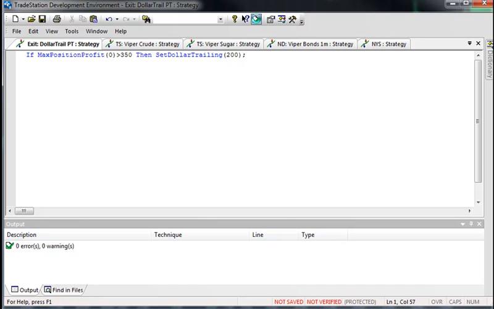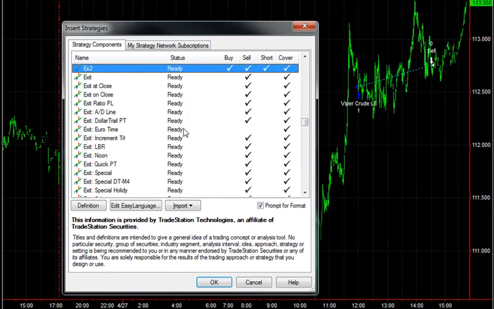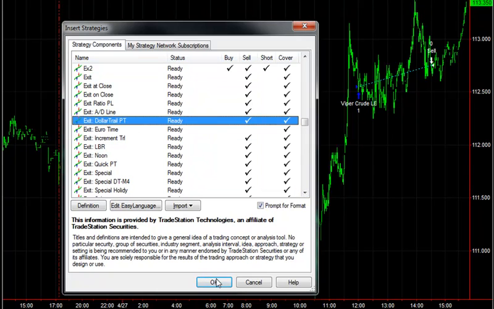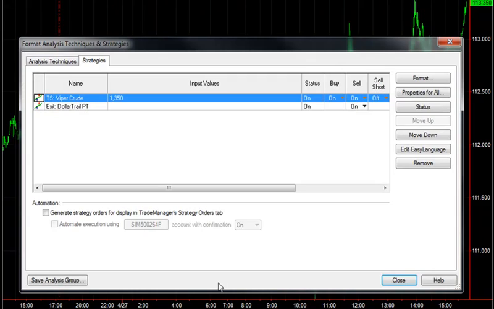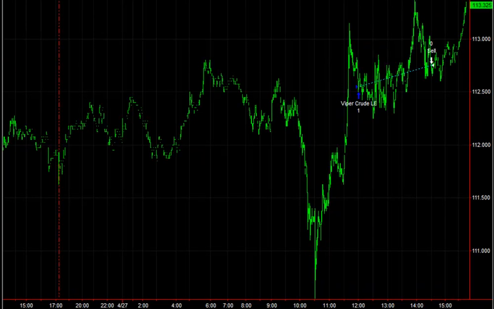You want to verify it by clicking that, and then you go to your strategy and you insert that. Insert strategy, and you come down to Exit Dollar Trail PT, and you can turn it on or off. Let's turn it off first. I want to show you the difference. I've gone back 2 years on this. I'm going to show you the results